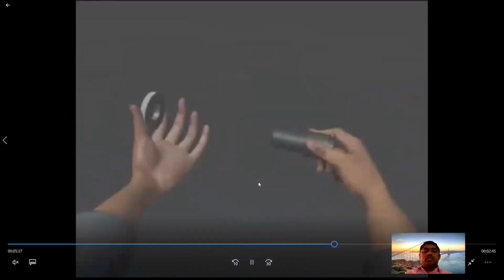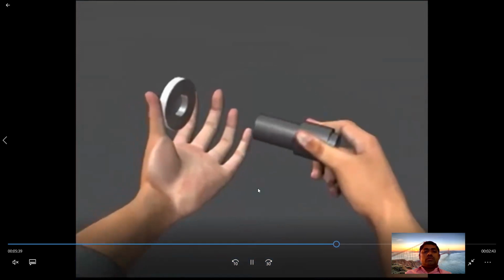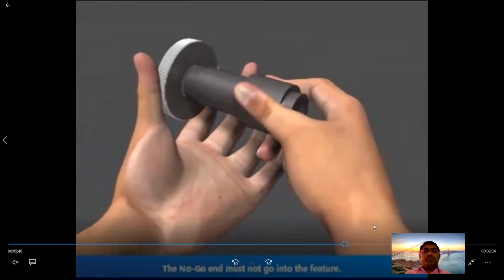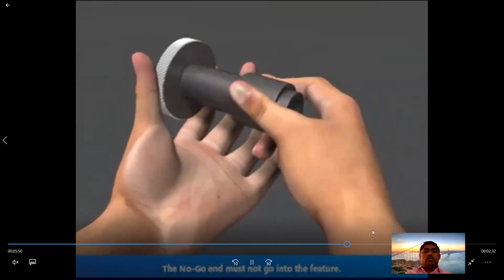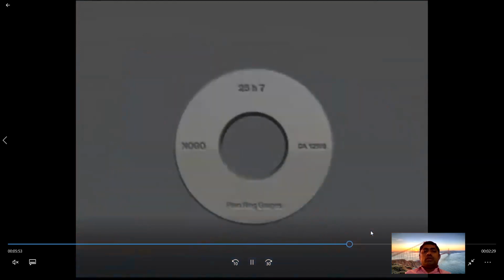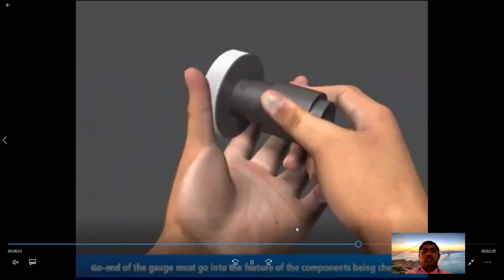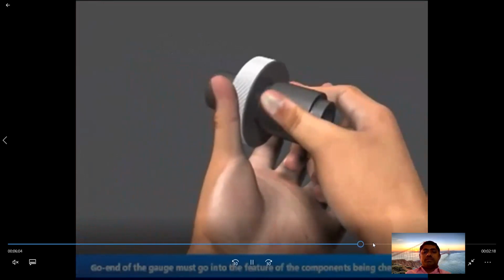This is the no go ring gauge, so it cannot pass over the shaft, because it is made to the lower limit. So the go end is made to the upper limit, so it passes over the workpiece.